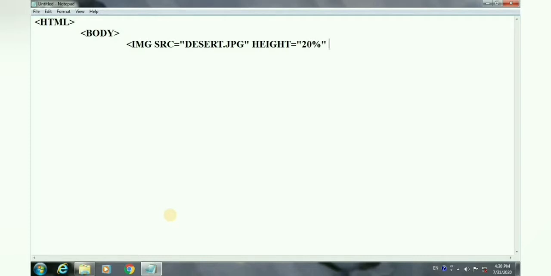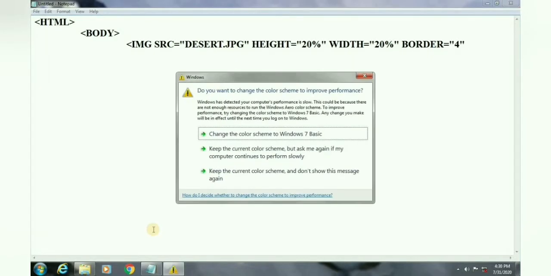Then next is width. Width is also 20%. Now next is border. I want to apply a border along with the image. So the border size, the thickness of the border, is 4. So these are the attributes you can use along with the image tag.